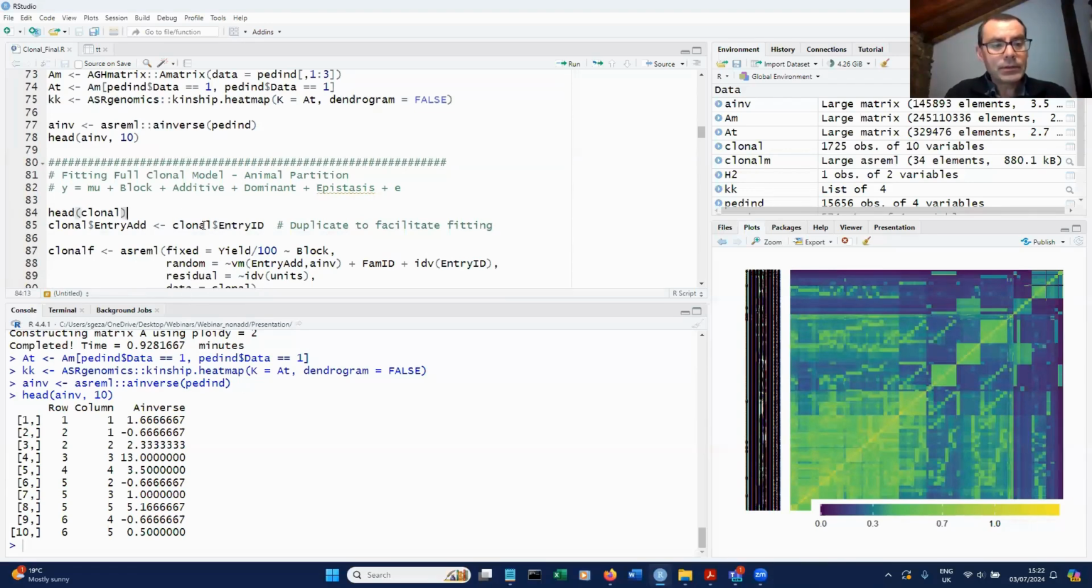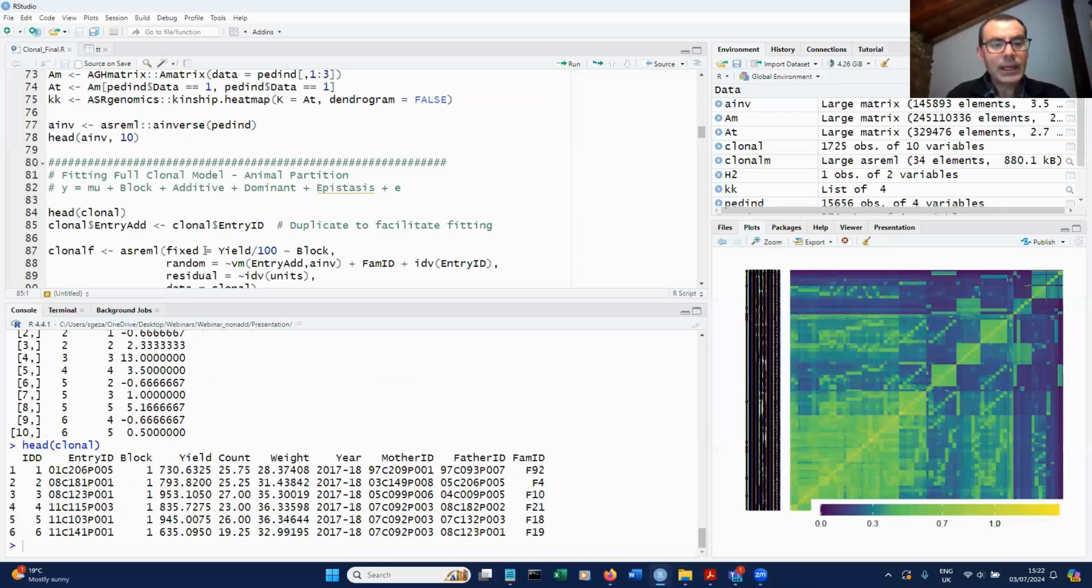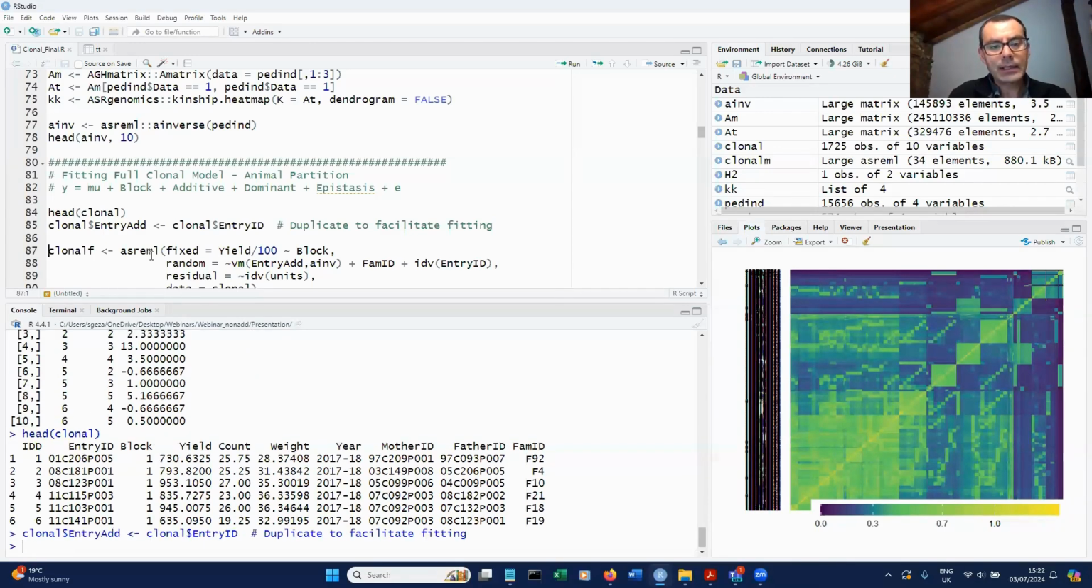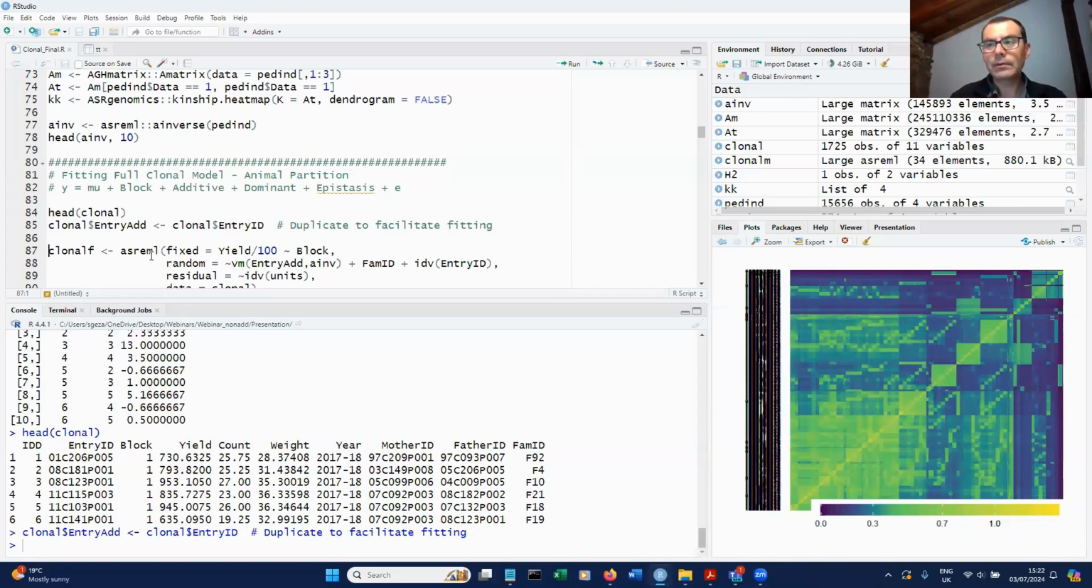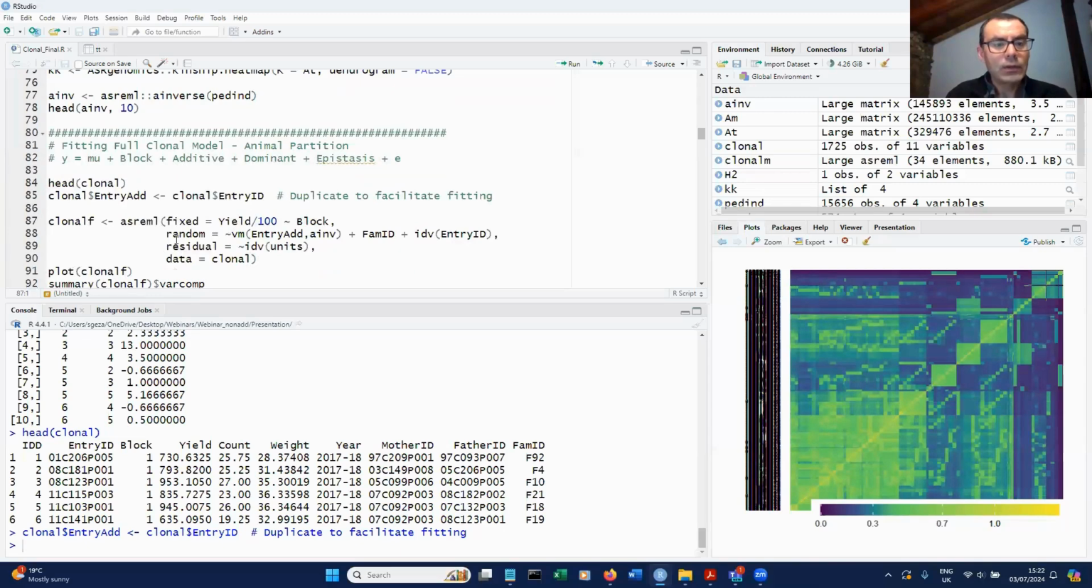So I'm going to, again, just look at my data. I'm going to create a copy of the entry ID, and I'm going to call it entry additive. This is just a little bit to assist ASReml to separate the proper additive effect from the epistatic effect from this clone, or the rest of the genetic effect. So in this case, I'm going to fit this model, and notice that in difference with the additive,